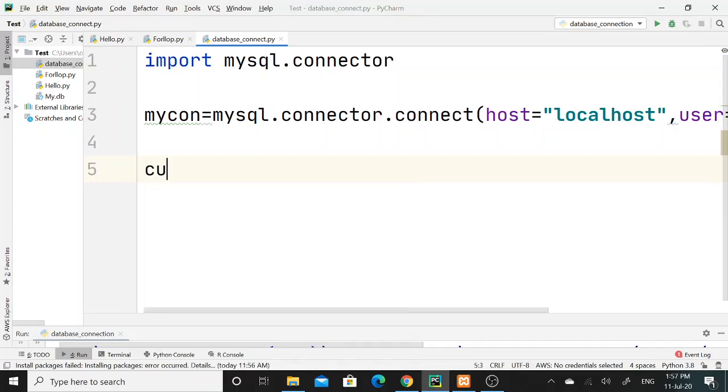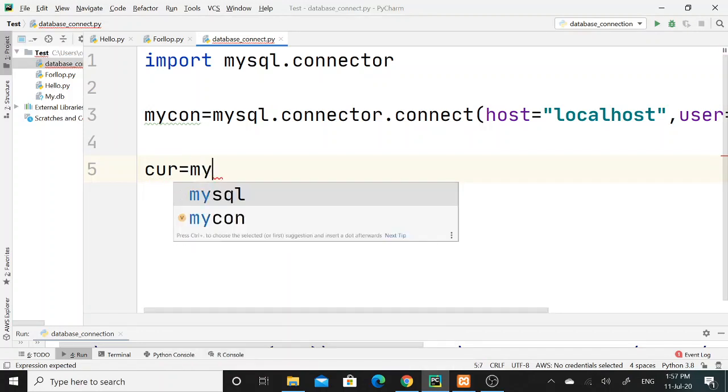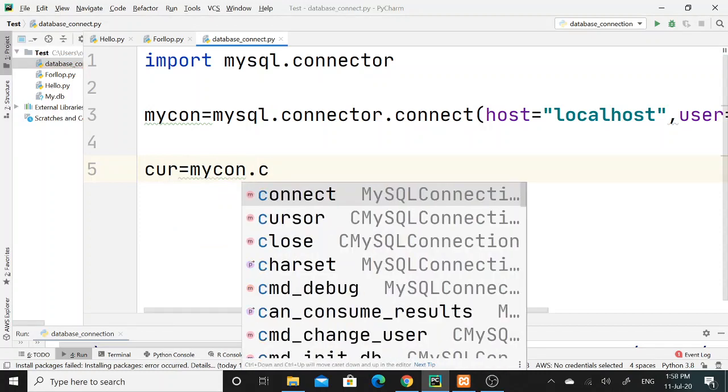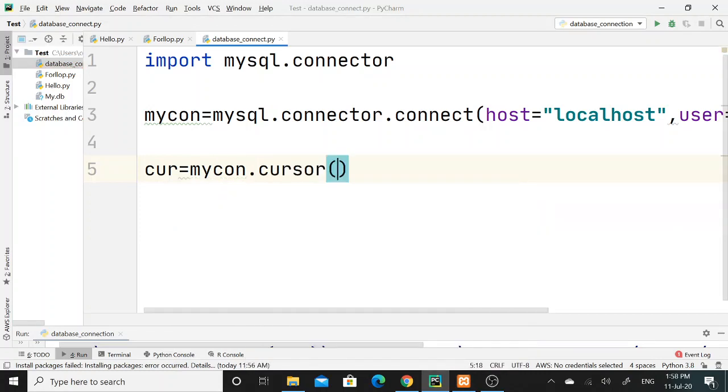Now I will create the variable for cursor. So I have declared one variable cur, and I will call the cursor function using the mycon variable, mycon dot cursor function.